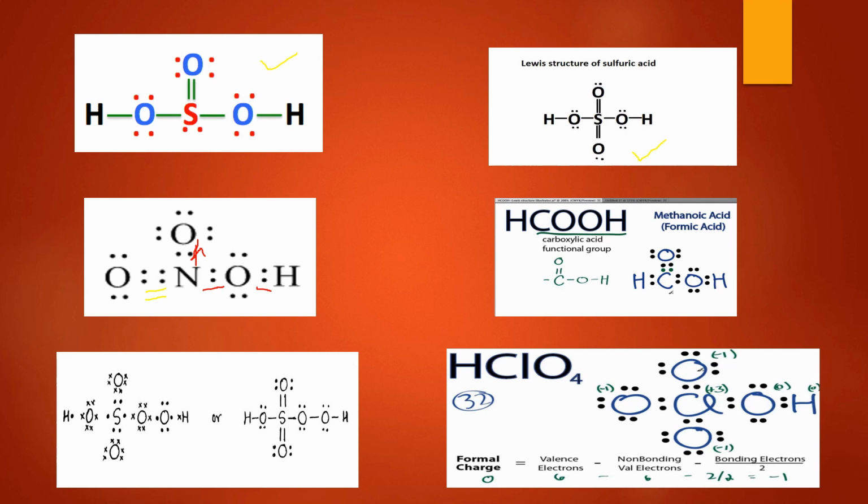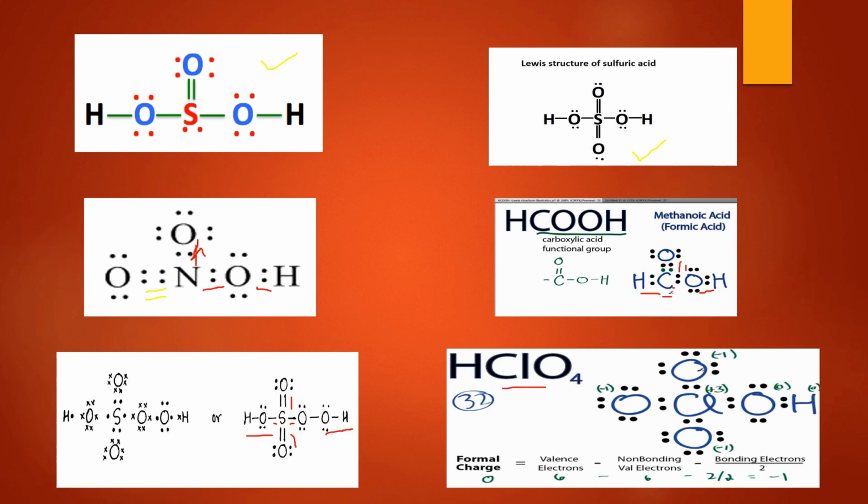Now this is acetic acid or methanoic acid or formic acid. Here carbon in the center, with hydrogen it forms a single bond, with oxygen it forms a single bond, oxygen and hydrogen is a single bond again, and this is the double bond, right? Now the next is H2SO5. Now here with hydrogen we know that always a single bond is formed. These 2 oxygen, a double bond is formed, and here again 2 single bonds with this sulfur. You practice it, the more you practice, the easier it will be for you. This is not at all difficult, a little bit of practice is required.